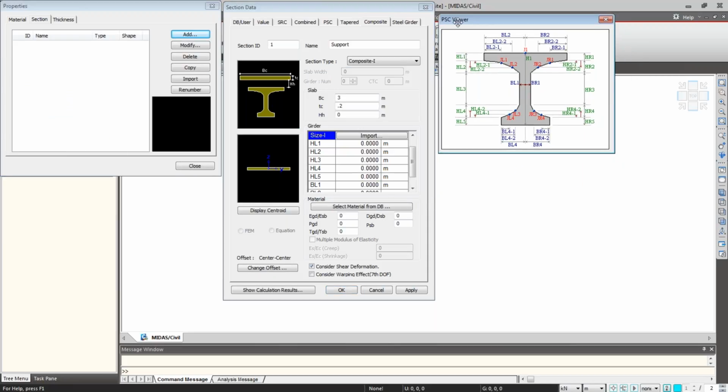And this is the reference picture for giving the dimensions. HL1, you can see here, is the top flange thickness of the girder. So it is 0.3, and HL2 is your taper section, it's 0.2. And then HL3 is 0.8, and HL4 is again 0.2, and HL5 is 0.3. So now you can check it is a total of 1.8 meter depth, and then BL1 is a web thickness,